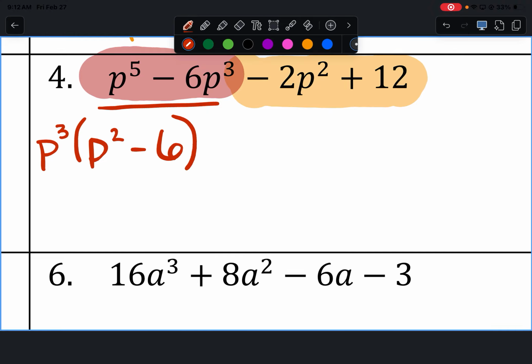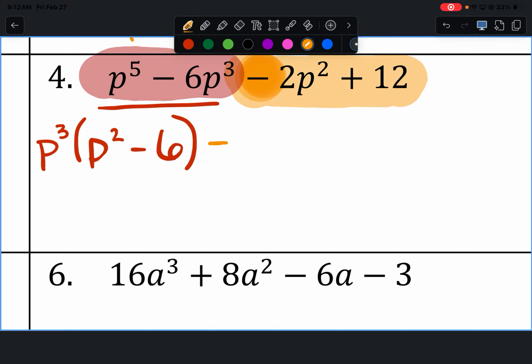P squared minus 6. Now, for the second half, I want to go ahead and talk about something we always do. If you notice what you're about to factor has a negative sign in the front, you are going to automatically factor out a negative every time if it has a negative sign in front. So the GCF between negative 2p squared and 12 is going to be negative,